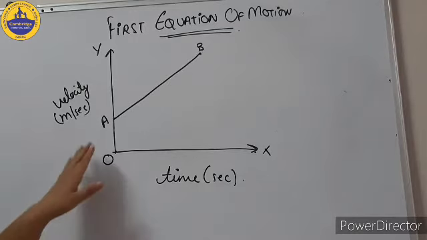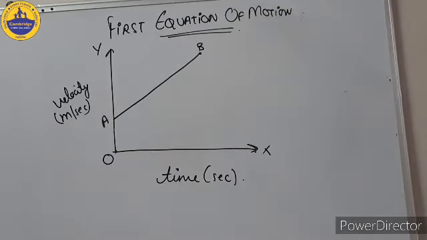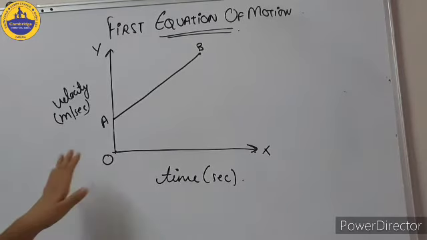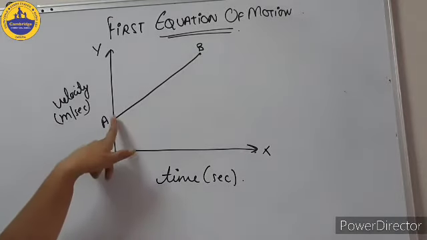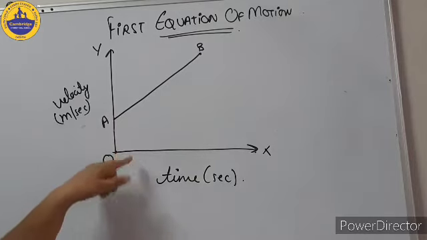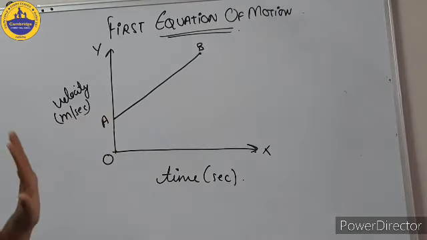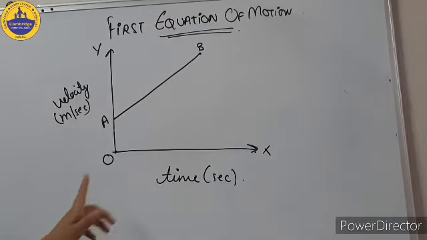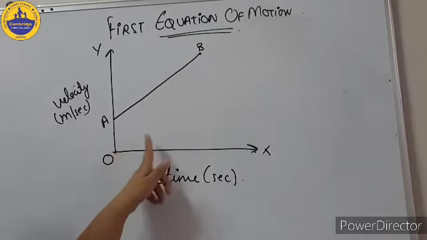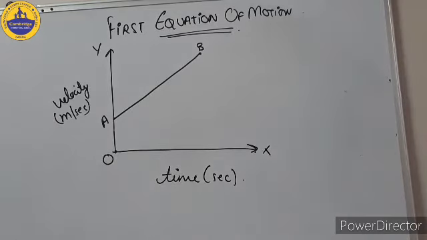So it means you can assume A as 0. You can give some value to it also. If it is 0, we will shift it over here. If it is not, then we put the value over here. Fine. I'm repeating the point again. If I start the line from this point, the origin, it means that the initial velocity will always be 0.